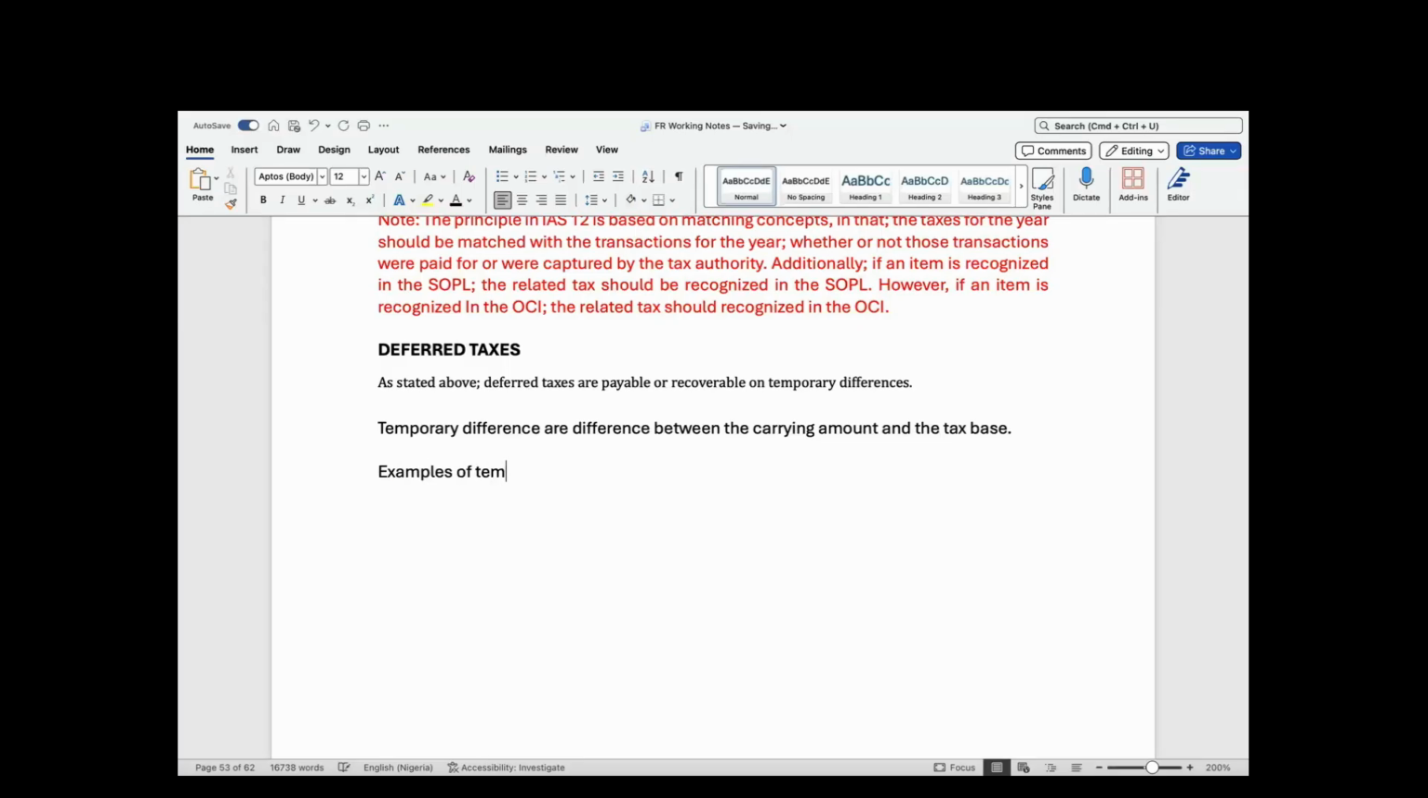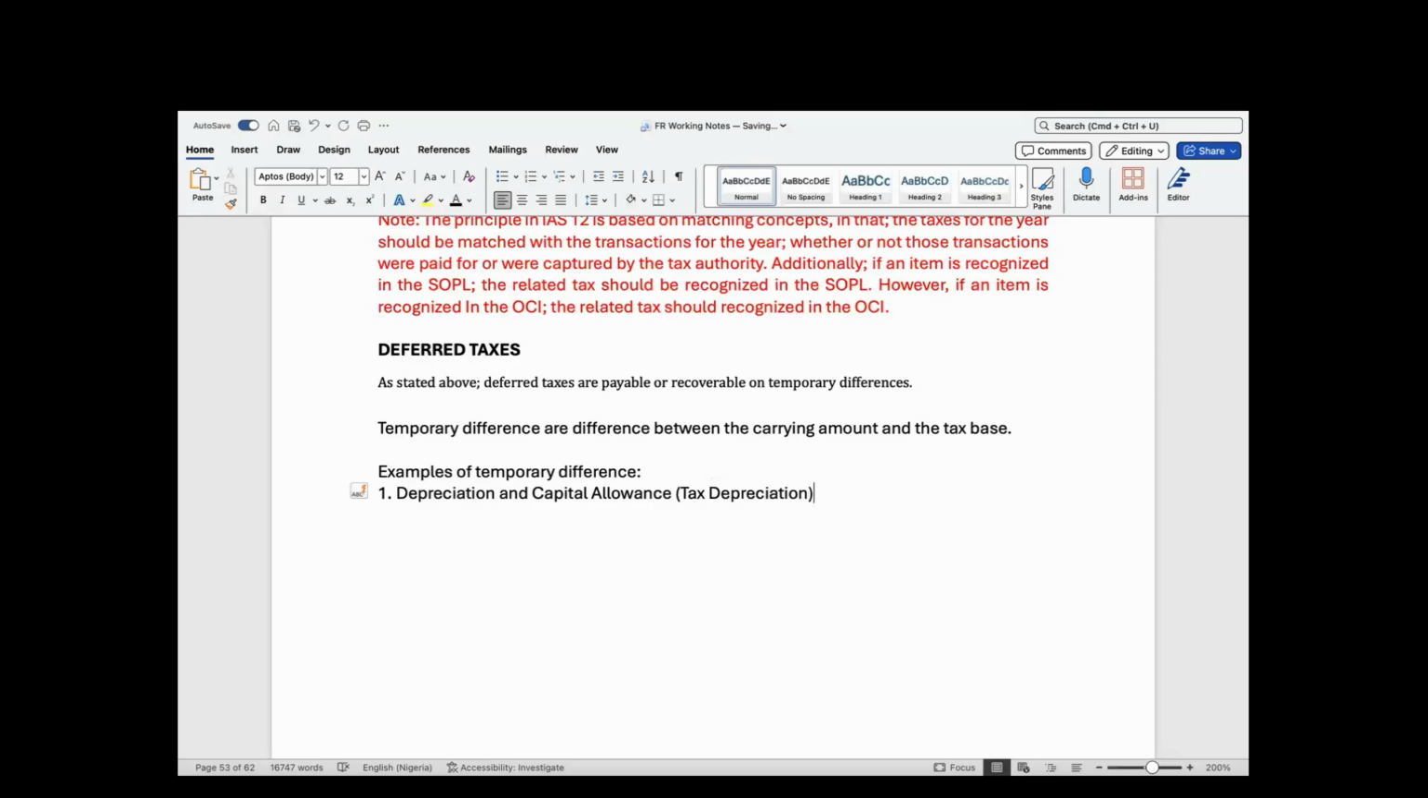Examples of temporary differences. Number one is depreciation and amortization. What am I saying? And capital allowance. In your exam, they will call it tax depreciation because, yes, we call it capital allowance in